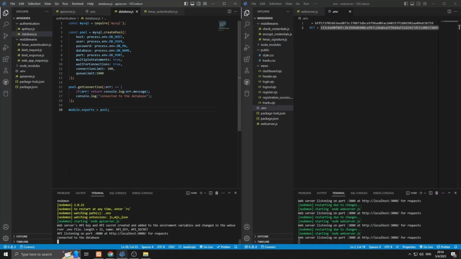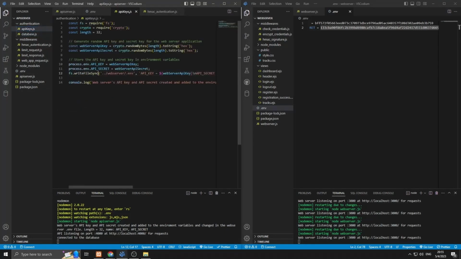In order to avoid replay attacks and validate the communication between the two servers, and to authorize the communication with the servers, but also to encrypt and decrypt the data in case we are sending private data that needs an additional level of security, we use a pair of keys, the API key and the secret key, and they are generated by the crypto library by generating random bytes, in this case 32 bytes, and they are stored as a hexadecimal that will then be converted again in